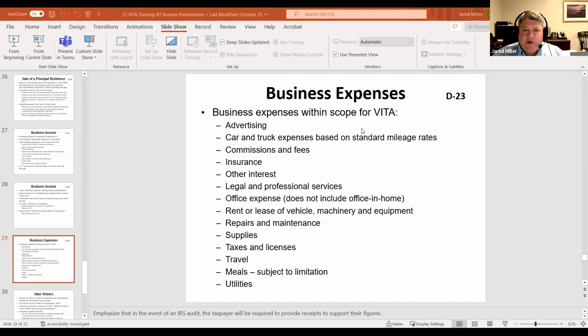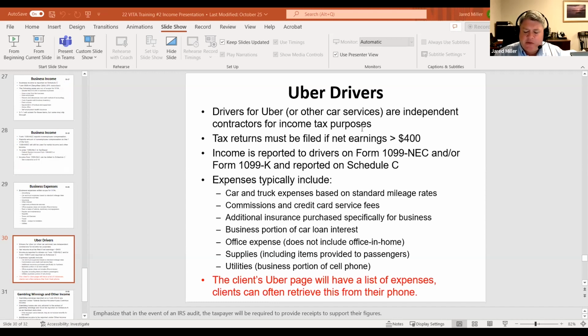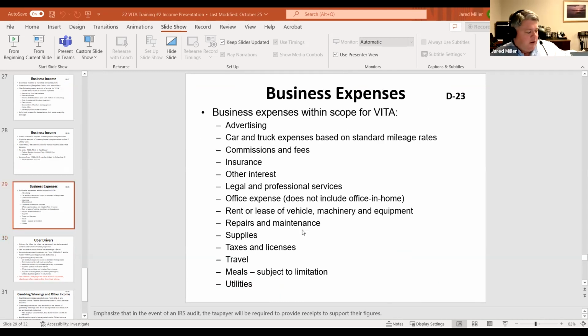One of the other things we take a look at is probably we'll see a little bit more on the Uber drivers. I double checked this morning with our class, and we see the majority of people coming in for our activity with self-employment are going to be from Uber or Lyft drivers. Question coming in about the meals. Perfect. Okay, I did kind of skip over that quickly.